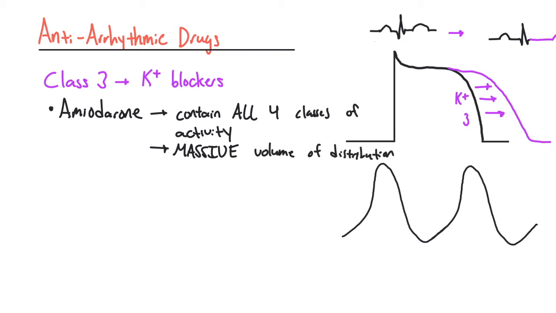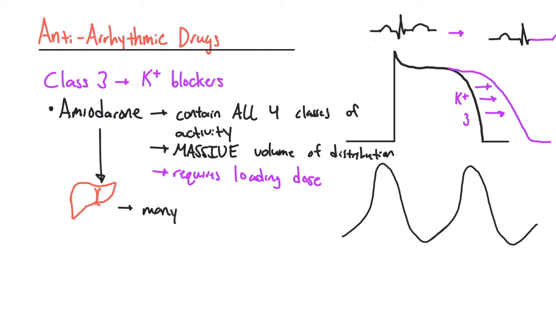Due to this very large volume of distribution, it does make sense that amiodarone requires loading doses. In addition to its massive volume of distribution, amiodarone also undergoes some pretty extensive hepatic metabolism that is rather complex and definitely outside the scope of this lecture. But the main thing that you need to remember with this is that it is metabolized to many metabolites, which many are also active,